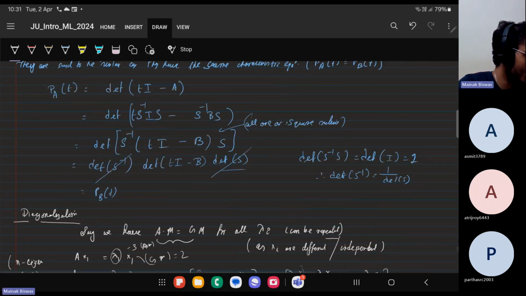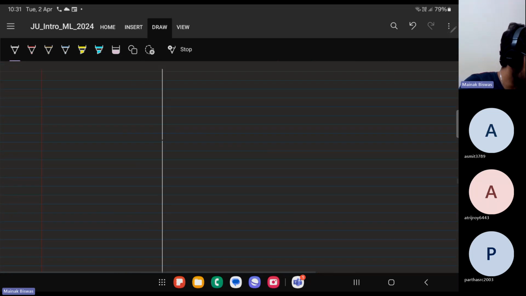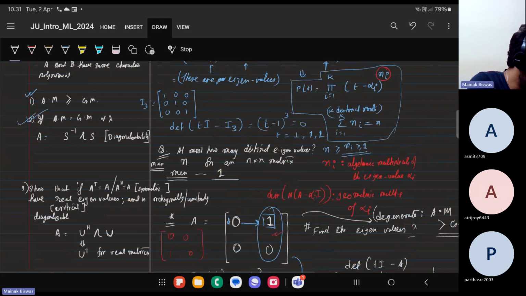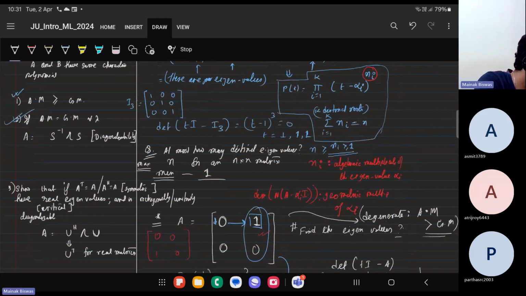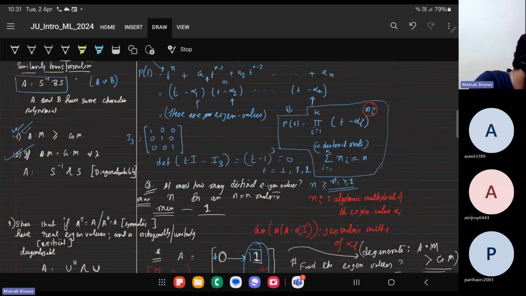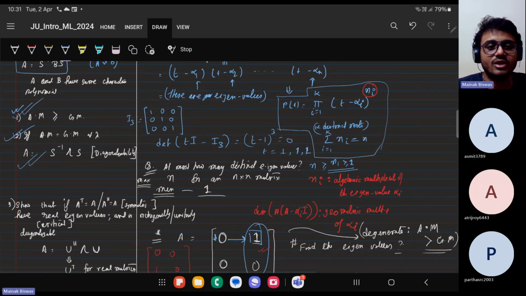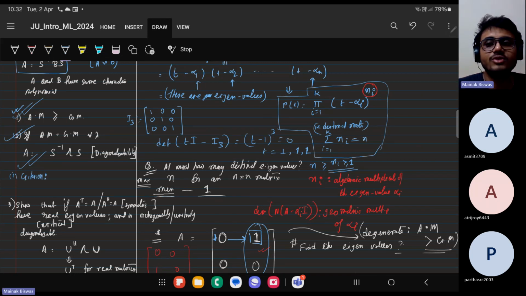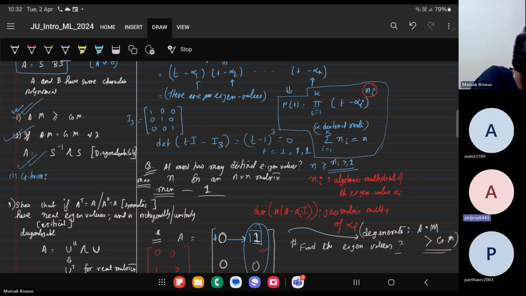Okay. So before we end, let me see, have we covered all of it? We have covered AM greater than or equal to GM, right? AM greater than or equal to GM covered, diagonalizability covered. So what is the criteria for diagonalizability? We just proved it. Utrich, what is the criteria? Like AM equals GM